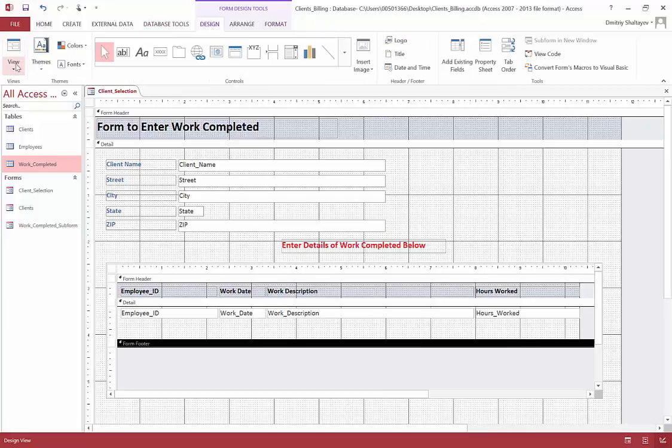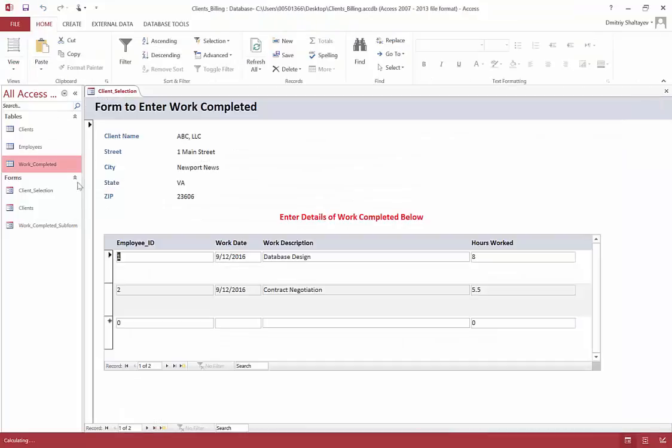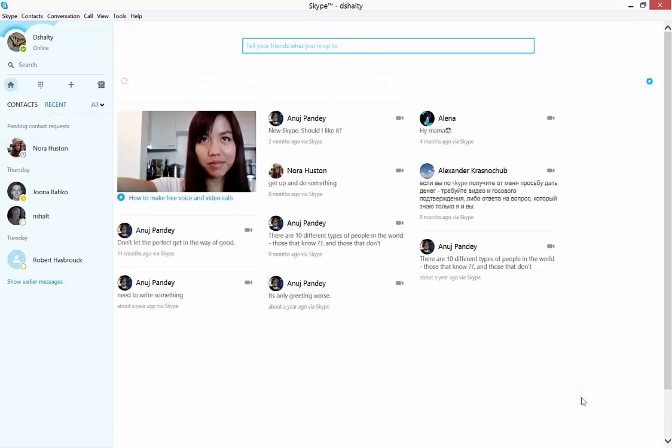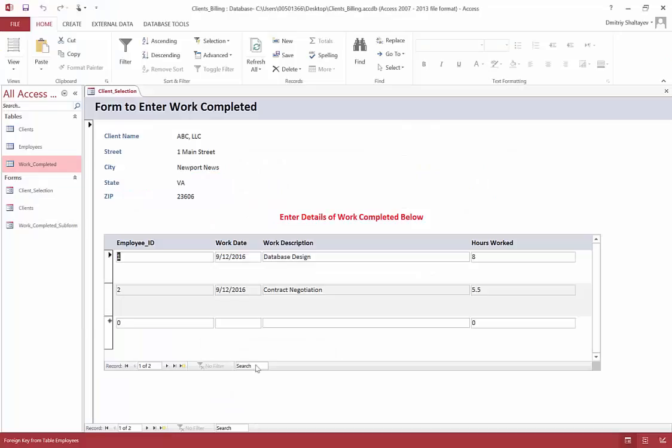So what I want to do is get rid of the employee ID and replace it with some other utility, some sort of list where I can pick my employees, right? Oops, I switched to my Skype apparently. Okay,